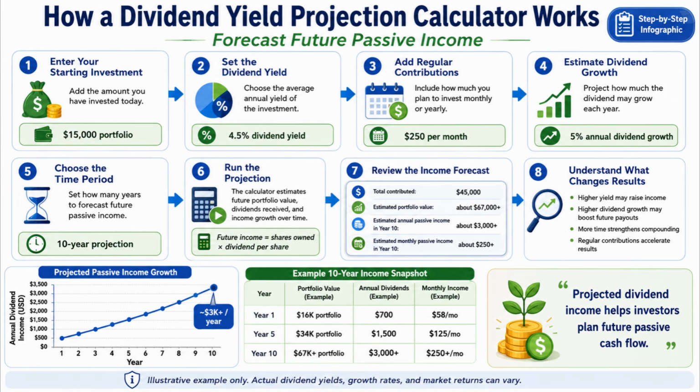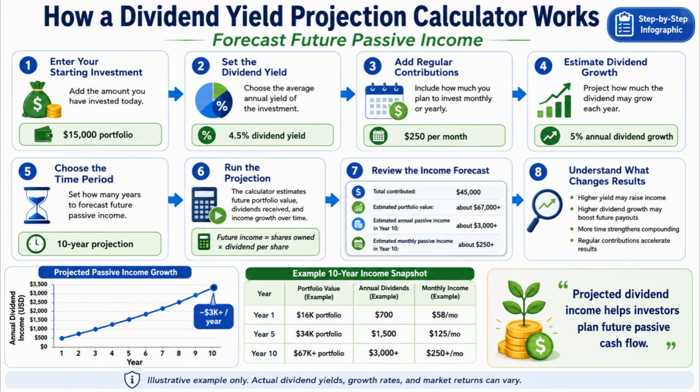After that, you add regular contributions, because many investors continue to invest every month or every year. For example, if you contribute $250 per month, the calculator includes those ongoing additions to show how your portfolio can grow faster over time. Then, you estimate dividend growth, which means how much you expect the dividend payments to increase